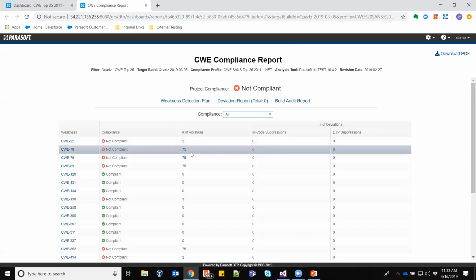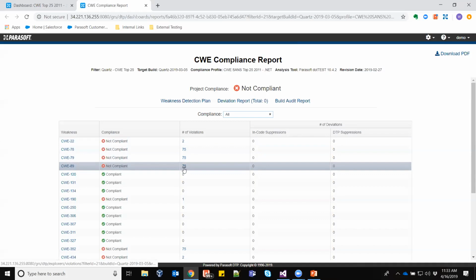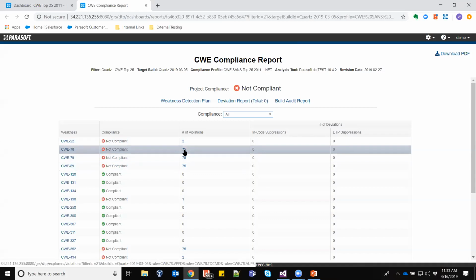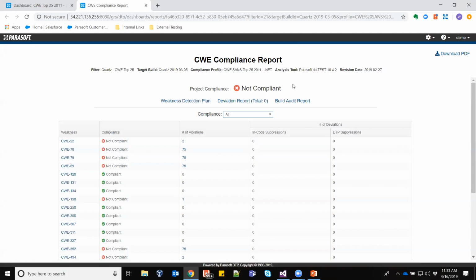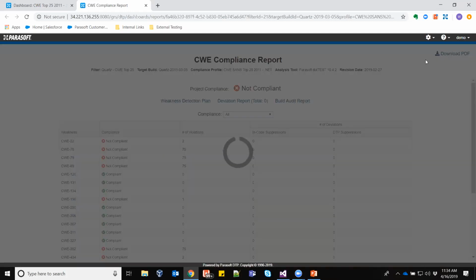Not only that, it'll tell us the number of violations we have for that particular weakness, which we'll drill down to in a second. As Mark mentioned, you can also download a PDF version of this compliance report.